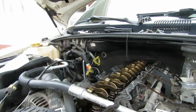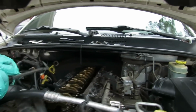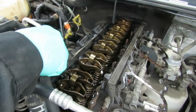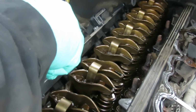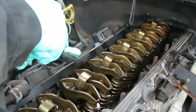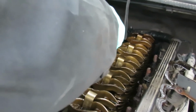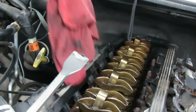All right, guys, the next thing you want to do is get you a scraper. And there's not going to be a lot up here. And what you want to do here is just go along it and scrape this up. Now, make sure you notice when I'm scraping it away from inside here, because you don't want any of that stuff inside the engine, or the oil pump is going to pick it up and it's going to clog it up. And if you want, you could take a rag